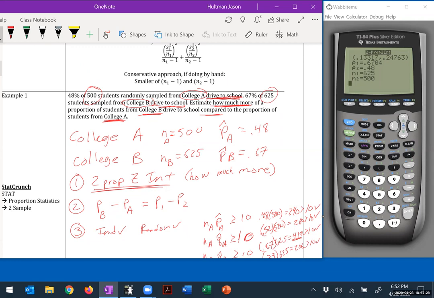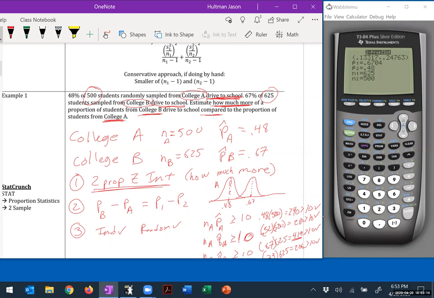And because we have such a large sample size, if we were to graph these different colleges, they might look something like this. A sample size of 500 is going to make an extremely narrow graph. The larger the sample size, the less variation my graph has. So maybe it looks like this, where the mean would be at 48%, 0.48. That's college A. Whereas here, I would have college B